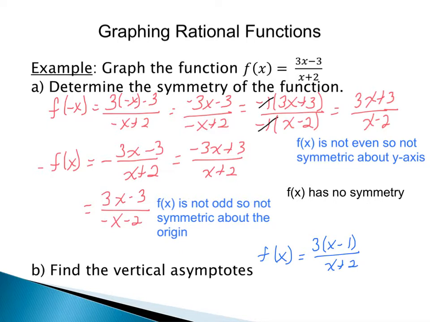In this case, even though I could factor the numerator, I'm not able to cancel any factors, which means that I can just set my denominator equal to 0 to find my vertical asymptote. So we would have x plus 2 equals 0, which gives us a vertical asymptote of x equals negative 2. We do need to keep it as x equals the number in order to show that it's a line. So make sure it's x equals negative 2.